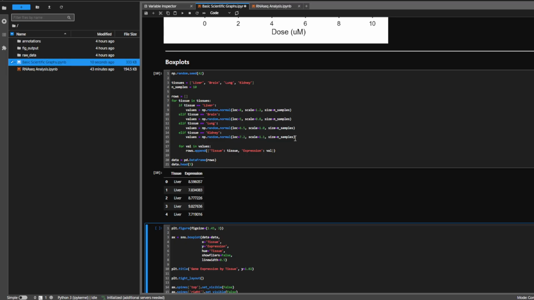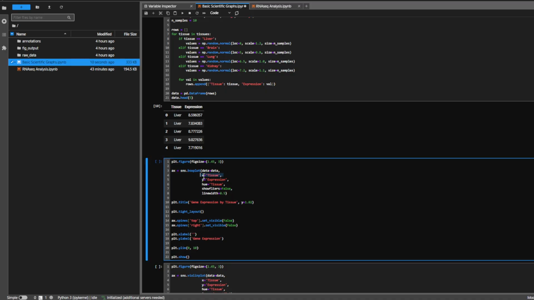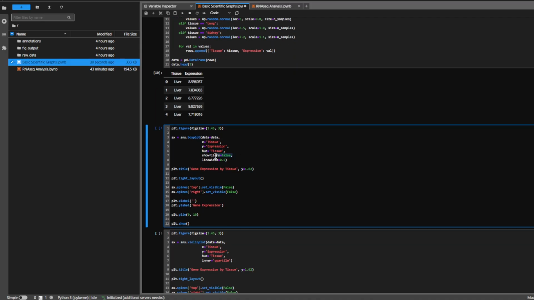different categories. You put the categories on the X and your different expression values or quantitative values on the Y, and you can also separate them by tissue or your categorical. And this parameter here, show flyers, how the box plot works, it's different quartiles of your category or your quantitative distribution. And if a point falls outside of that, it's considered an outlier and it'll show up as a circle on the plot. Sometimes they're pretty distracting or they don't make sense, so you can just hide them for this,